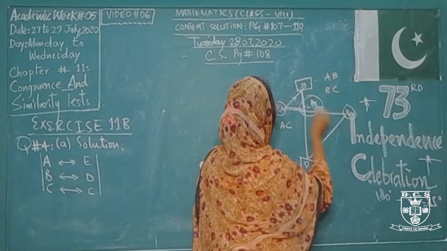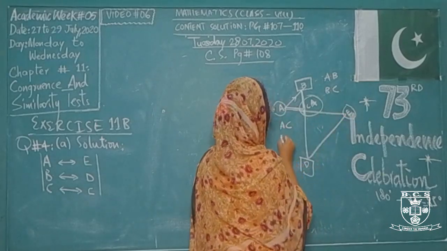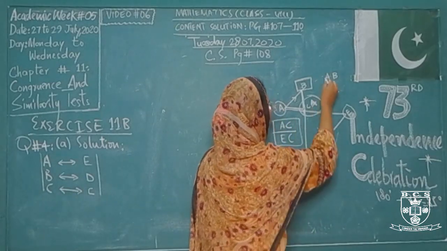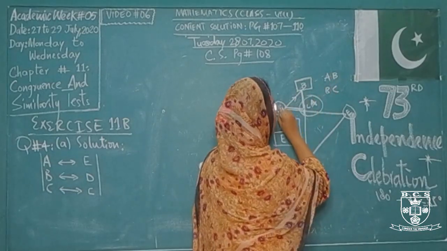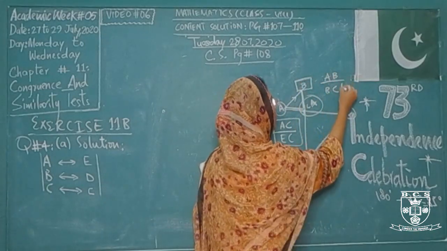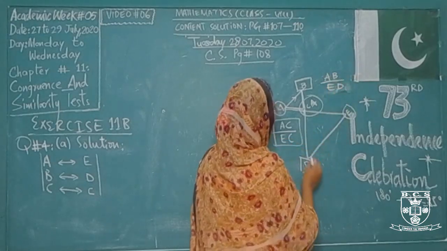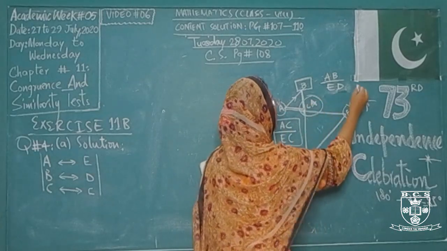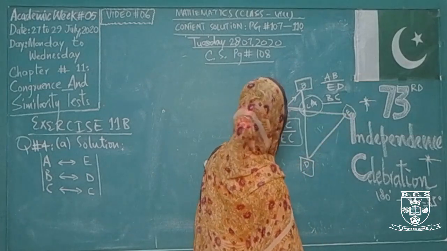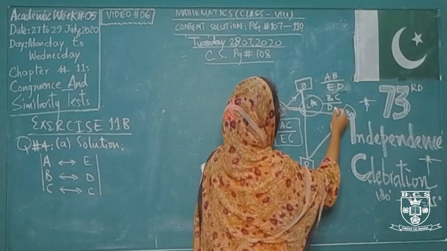And here for AC, you will write the corresponding side. A is corresponding to E, so this side will become EC, first fraction. And your side AB, A is corresponding to E, B is corresponding to D, so this will become ED, AB over ED. After that you are having the last side, that is side BC, and this must be divided by, B is representing D and C is the same, so this will be DC.